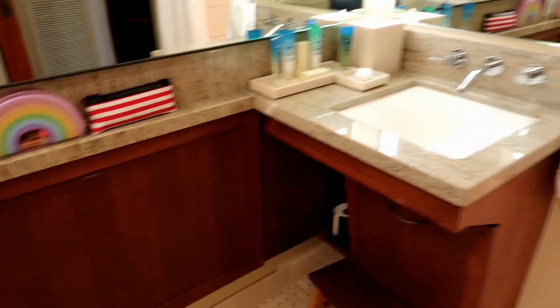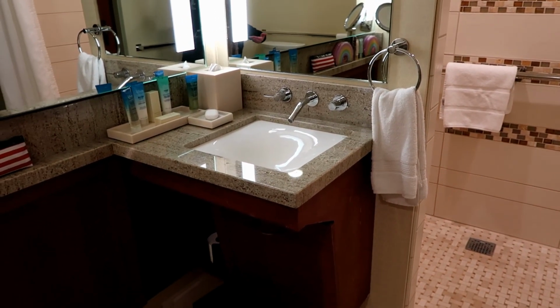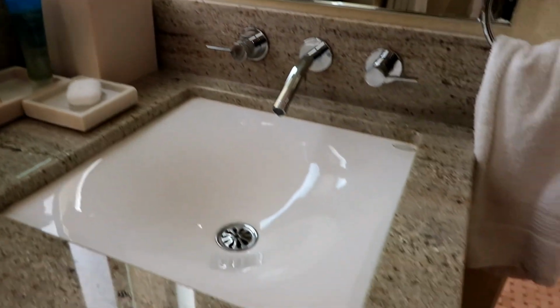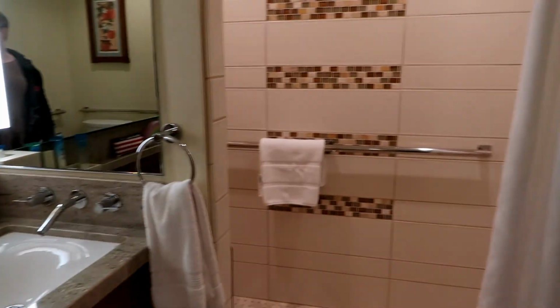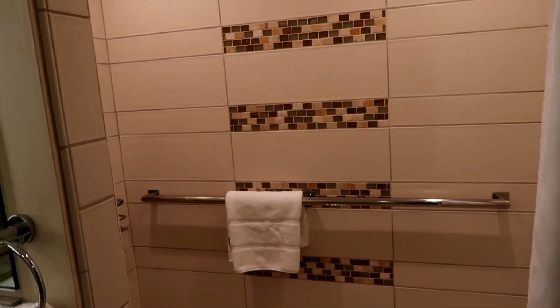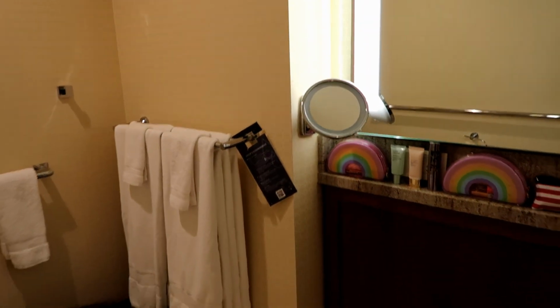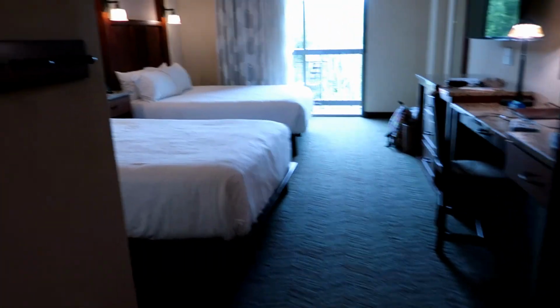So the one thing I don't like, this is really the only thing I guess I have to complain about with an accessible room, is you only get 1 sink and it's small. So there really isn't counter space for stuff. I did my best and kind of lined my makeup stuff just along this little ledge here, and it seems to be working okay. But also there isn't really anywhere to put a towel, like when you're in the shower and when you're coming out, so we just sort of put our towels right on the sink for when we walk out. But really the bathroom I think is just the biggest difference, other than everything being a little lower, like